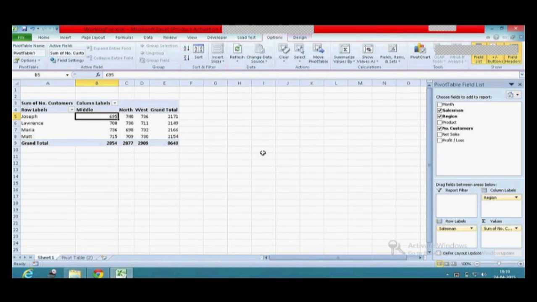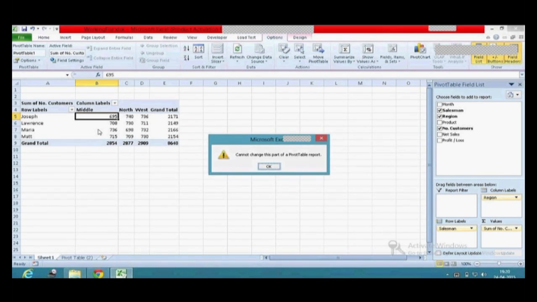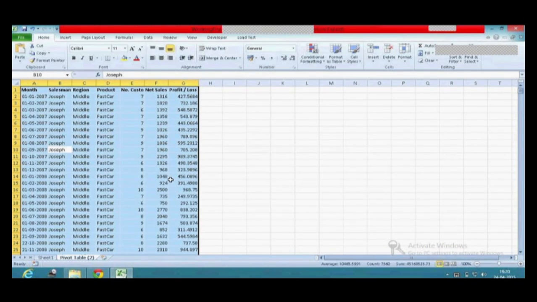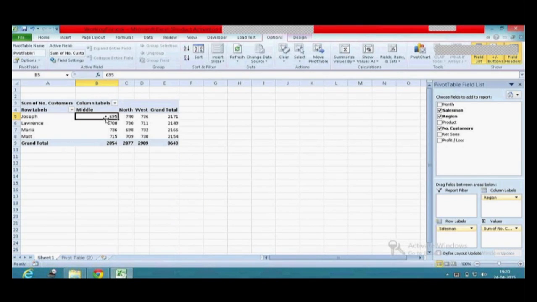Pivot table is a consolidation option. That is the reason it does not allow any editing. I'm going to try and edit the data here. You see, the moment I try and edit the data, Excel will give me an error saying you cannot change the pivot table. It is straightforward. See, if it's a consolidation option and you're trying to edit the data, where exactly does the addition have to take place in your source? There is no clue because this is consolidated data, which means the rep Joseph in the middle region has 695 customers.